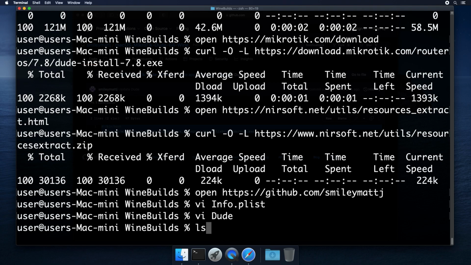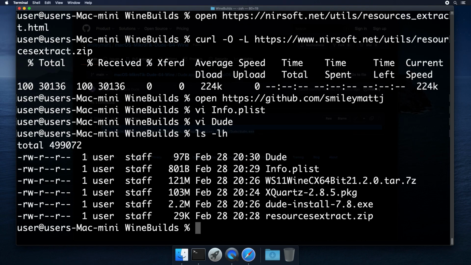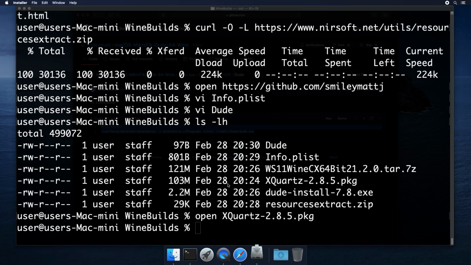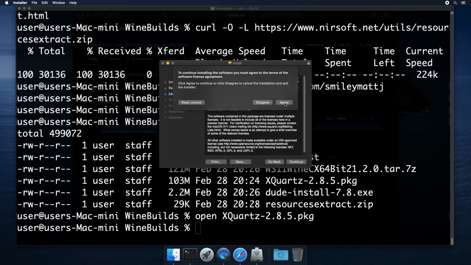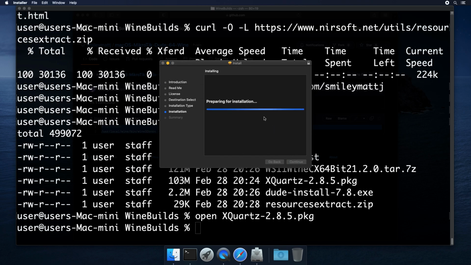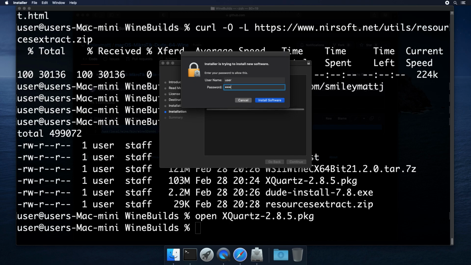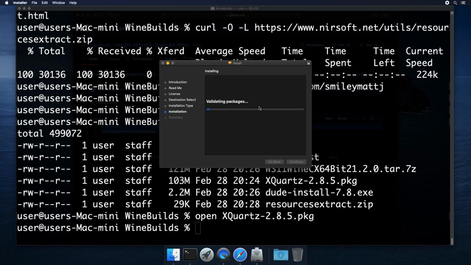So now that we have everything we need, we can go ahead and start installing. First thing I'm going to do is install Xquartz. Just follow the prompts. It doesn't take too long to install, maybe a minute or two.